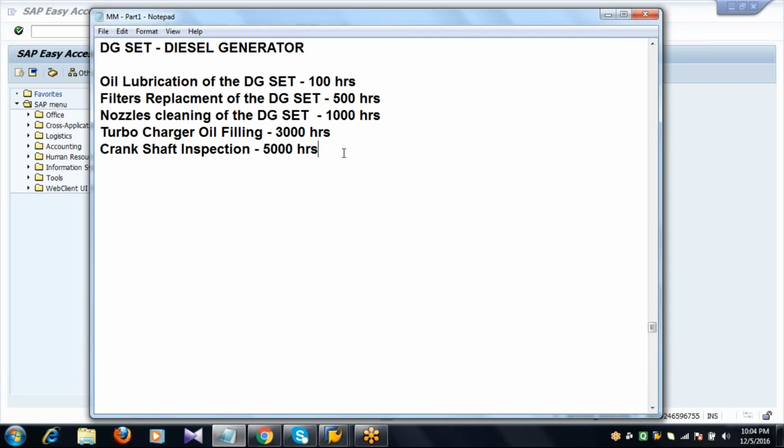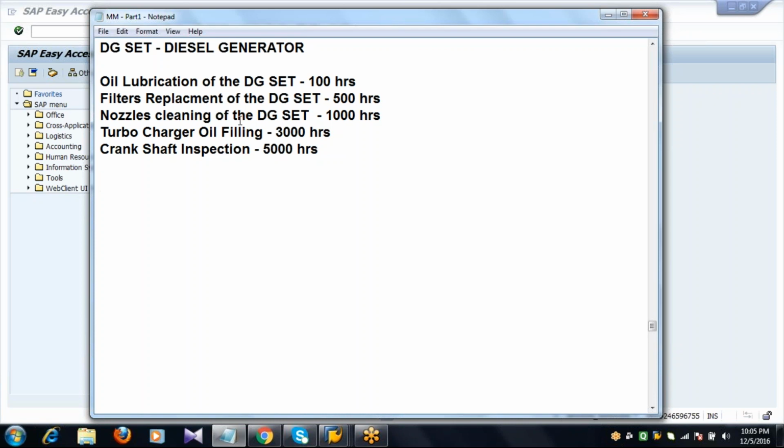Okay, so like this, whenever we purchase any equipment or machinery, they will give a catalog. In that catalog, you will have the description, the functionality and the usage of the machinery and equipment. Apart from that, they will list all the services sequentially that we need to perform, do or die. Whether the machineries are working properly or not, we need to perform these services.